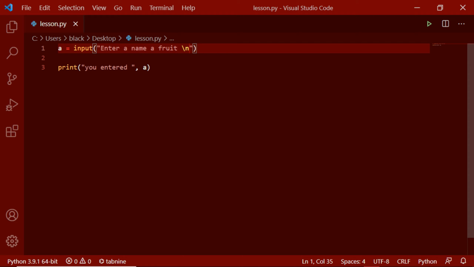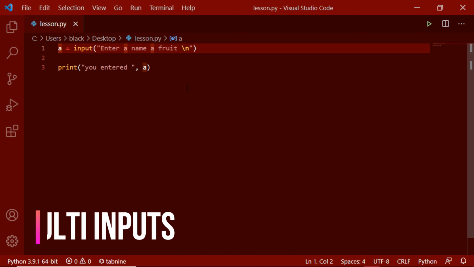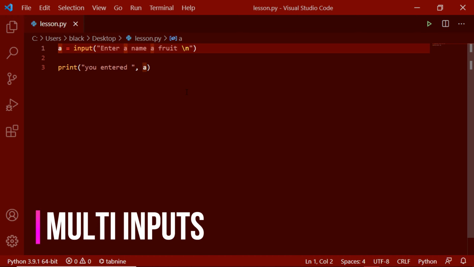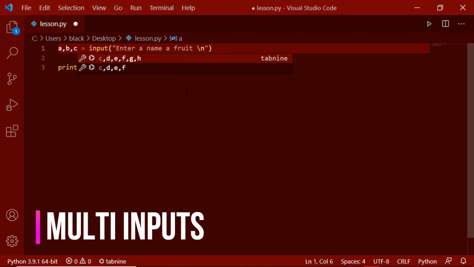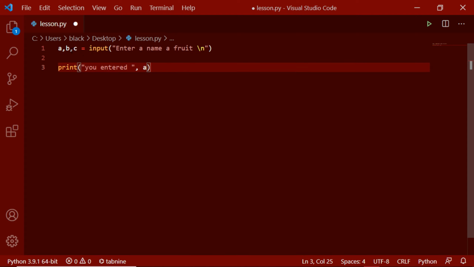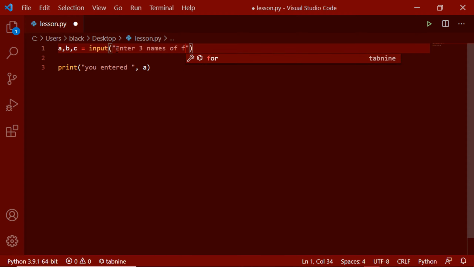After that, let's see how to map several inputs into several variables. Let's say we have three variables called a, b, c, and we want three names of fruits mapped into these three variables. Here the message should be enter three names of fruits, and there is another condition.